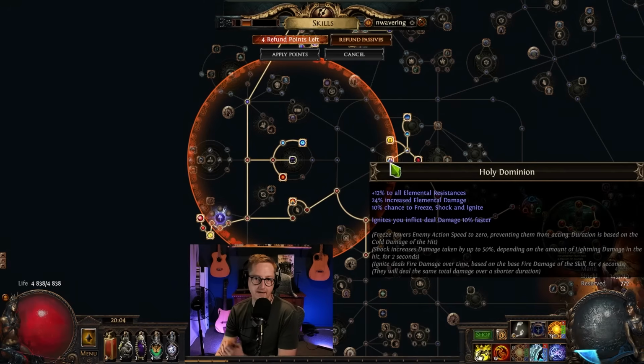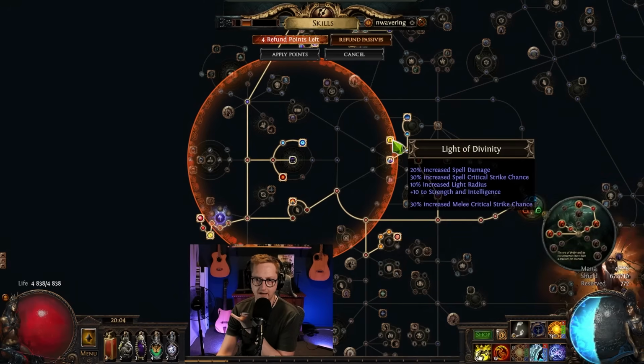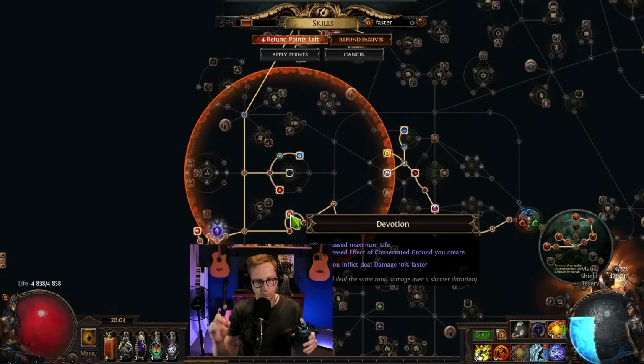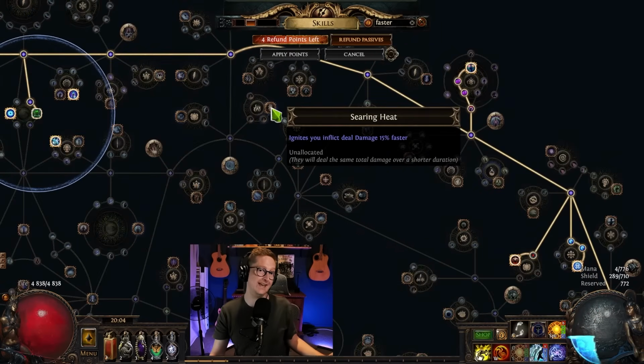So over here, I'm getting Ignite to deal damage 10% faster. Over here, 10% faster. And I think there was another one over here, and on Devotion. So 20% faster ignites. Another thing you could anoint if you're very greedy is Searing Heat, or maybe it's worth